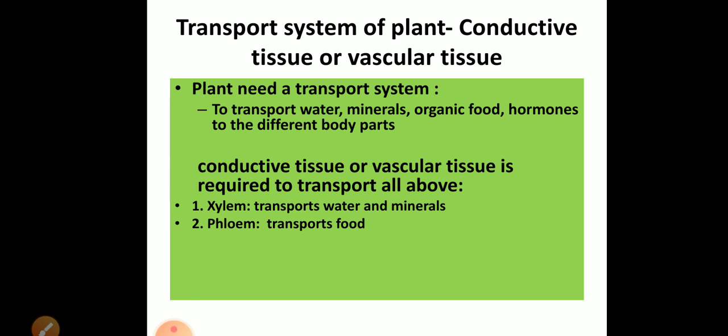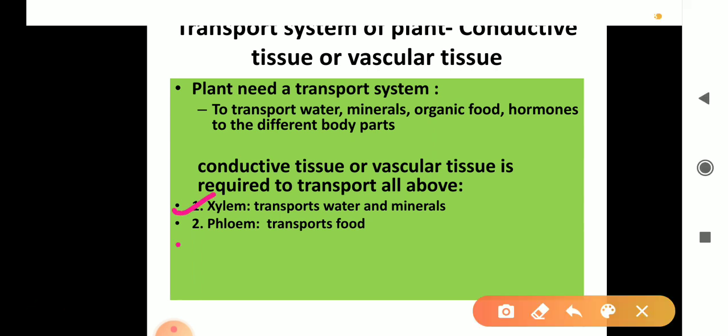Now next, conductive tissue, or vascular tissue. These tissues are required to transport all the above mentioned substances. These tissues are of two types. First is called xylem and second is called phloem. Xylem transports the water and minerals and phloem transports food. Okay, then next is